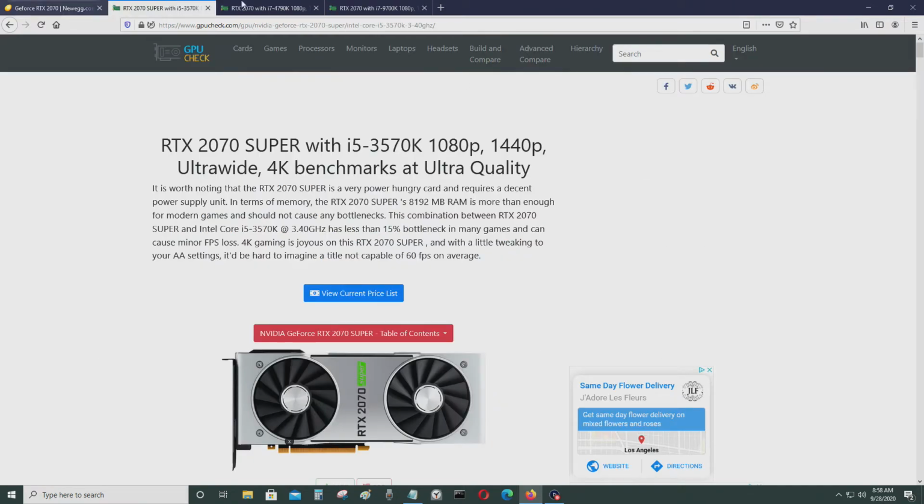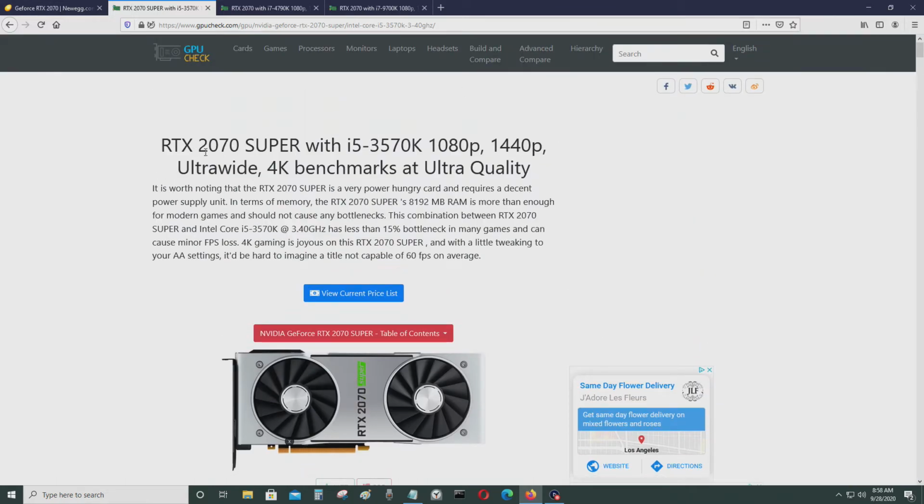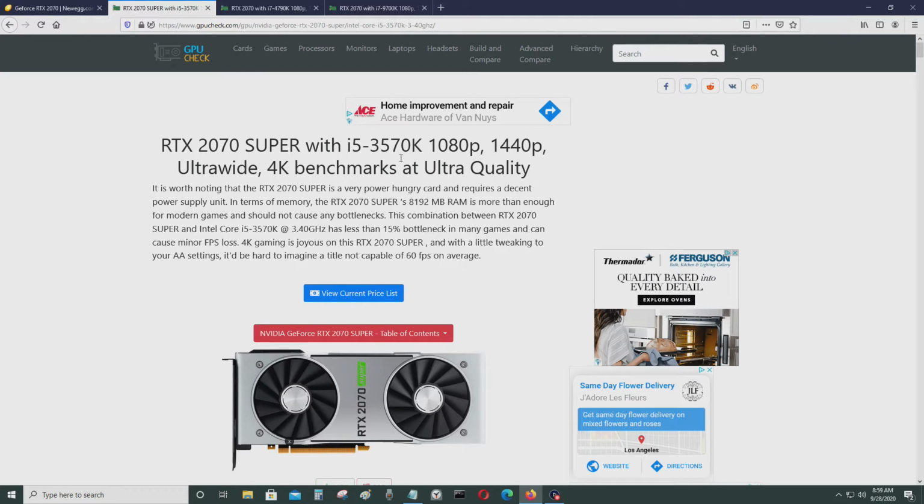So I found this website and it compares CPUs and GPUs and the performance that you get out of them. The first comparison I will be making would be the Geforce RTX 2070, which is one of the newer graphics cards from NVIDIA, and this is paired with the i5 3570K, and this computer is at least 7 years